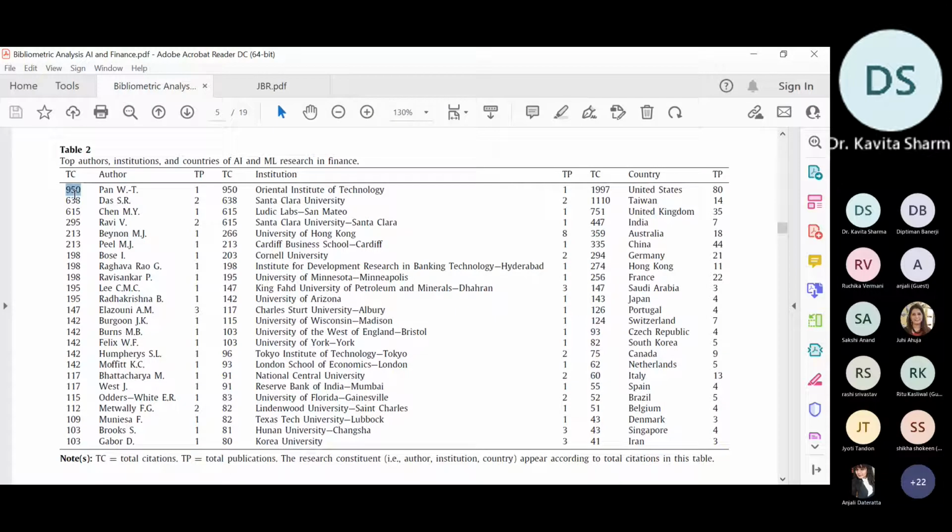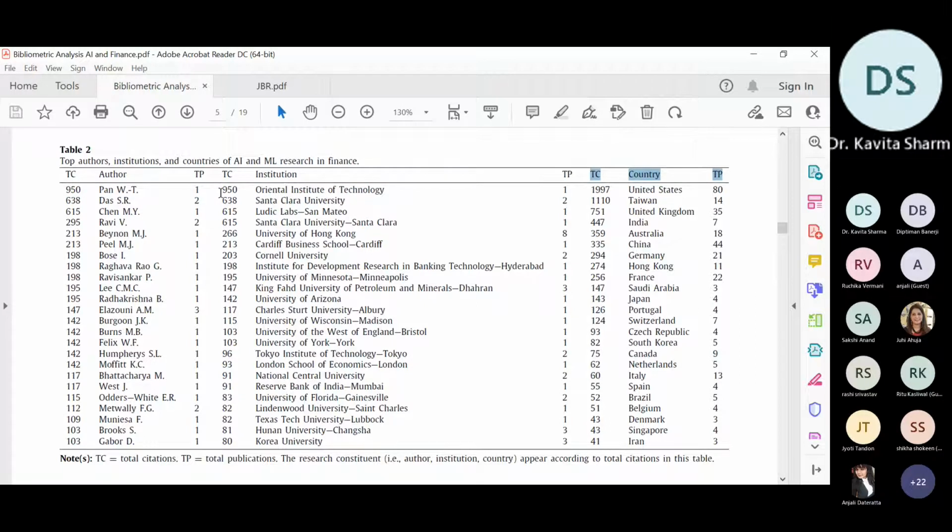Okay, so if you look here, it is 3 tables which have been represented in a single one, so that the count of tables will be less. This can also be done smartly. So here you can see total citation, author and TP, total publication, which can be put into a separate table, but here it has been merged. Again, from this to this: total citation, institution and total publication; total citation, country and total publications.